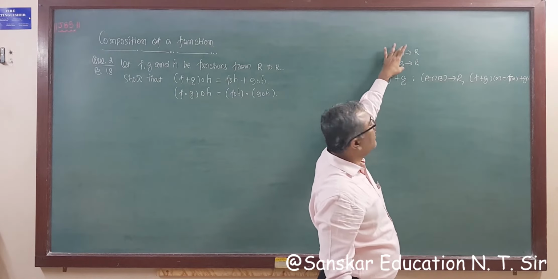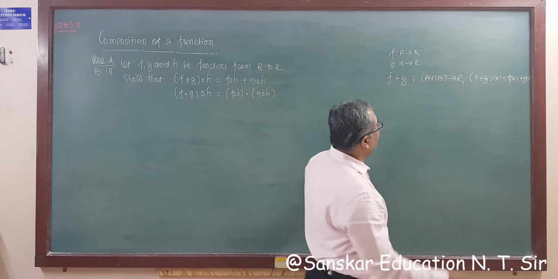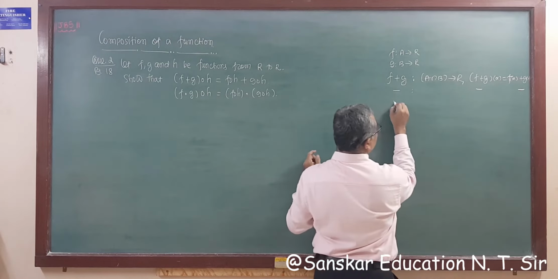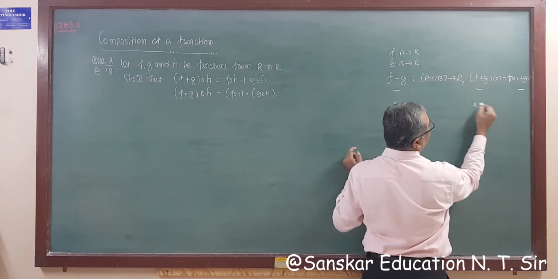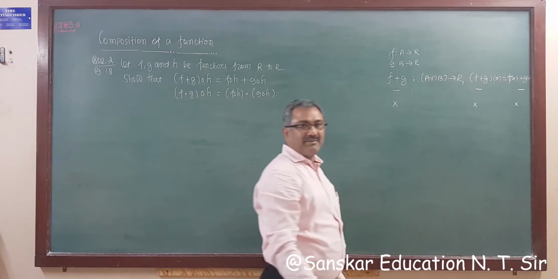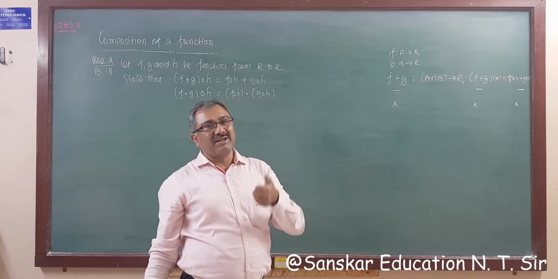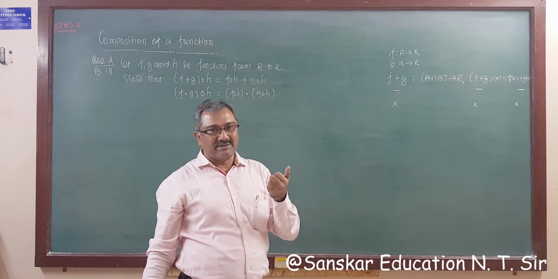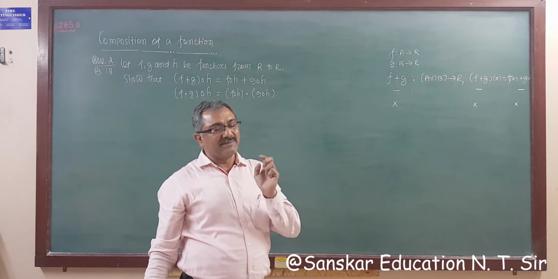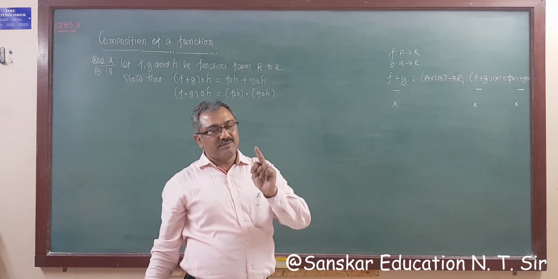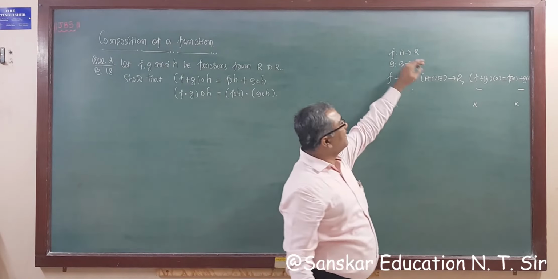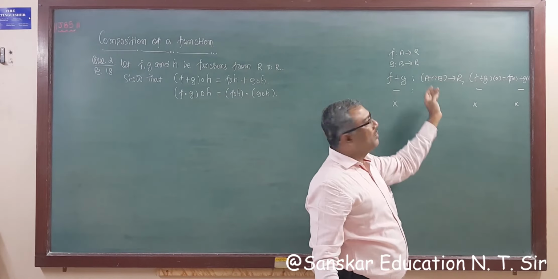So you have to take the intersection of domains for addition and for subtraction, right? This is defined the same way: f of x minus g of x. Multiplication is also defined the same way. Means for addition, multiplication and subtraction, the function is defined on the intersection of the domains to the given